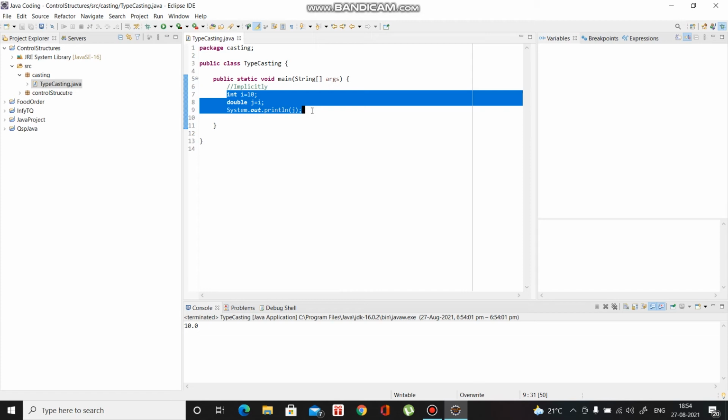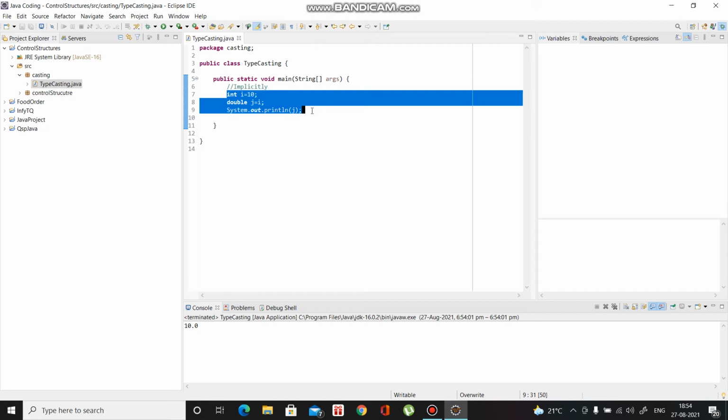So there won't be any overflow, and it is capable of handling the int value as a double. Int is a smaller data type, right? So double can handle it. Double has enough space to carry int i is equal to 10.